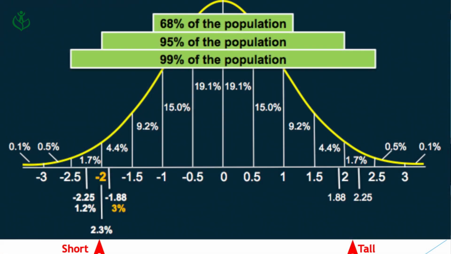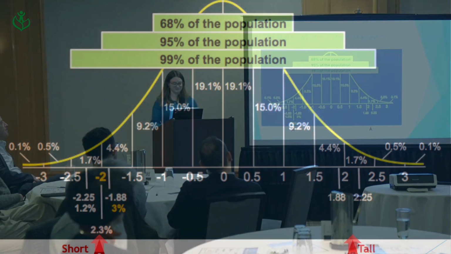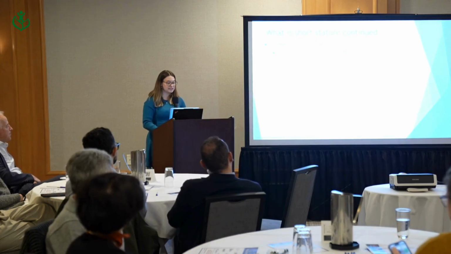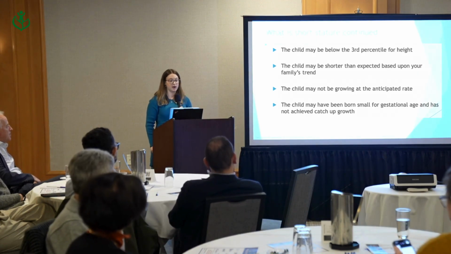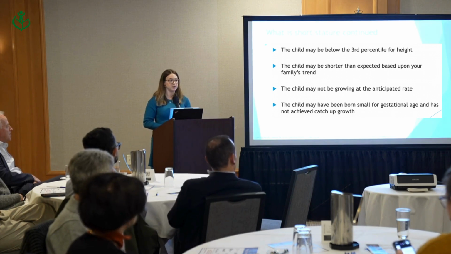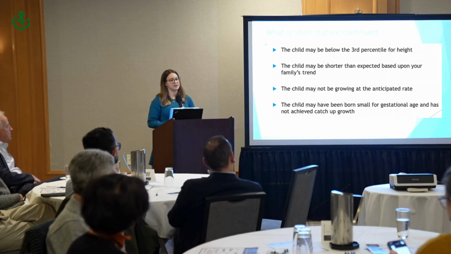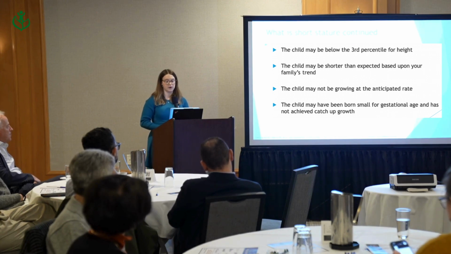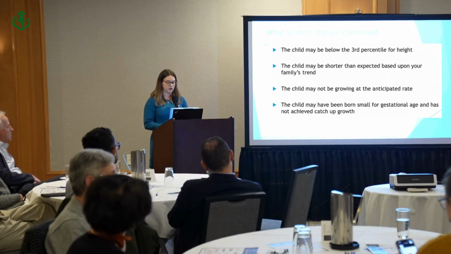So this bell graph kind of shows where 68% of the population is, 95% of the population, and 99% of the population. We hope that most children will fall within 2 standard deviations, which is right here, and then where you can see for tall. So, short stature is when you are below the 3rd percentile for height, or if you are -2 standard deviations below the mean. For a boy, this means you are less than 5'4", and for a girl, this is less than 4'11". Idiopathic short stature is defined as less than -2.25 standard deviations below the mean for age.